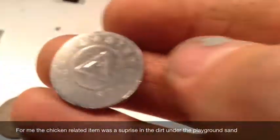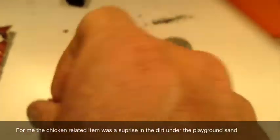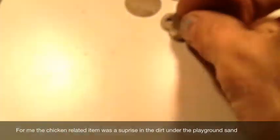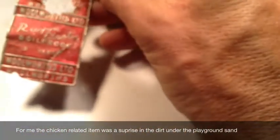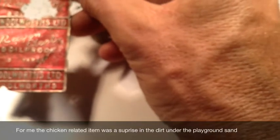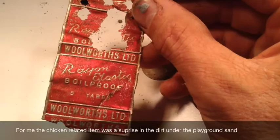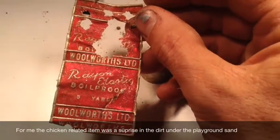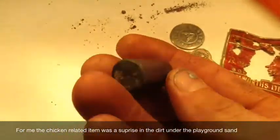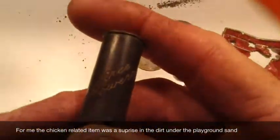There's a Master Billiards token, a car wash token. I found this boil-proof yarn, rayon elastic tag, and it says Woolworths. That's kind of interesting. Also, I found what looks like a bullet casing, but it's not. And it has 3 flowers